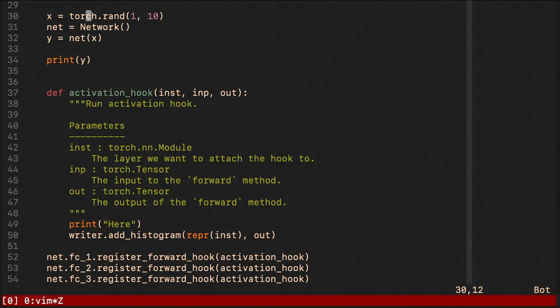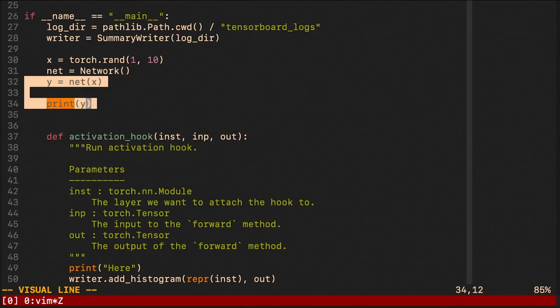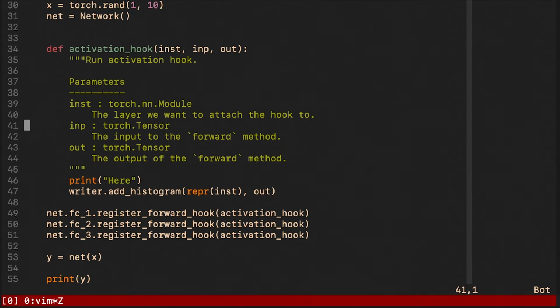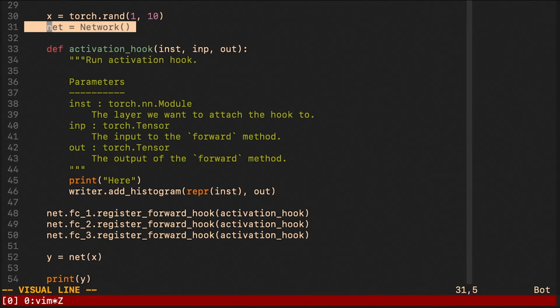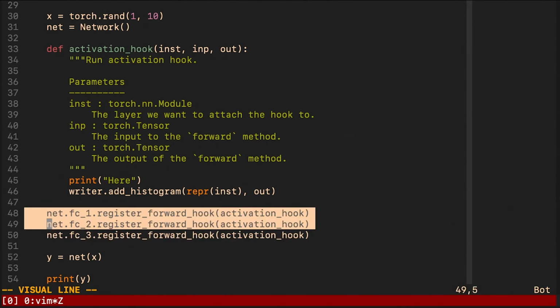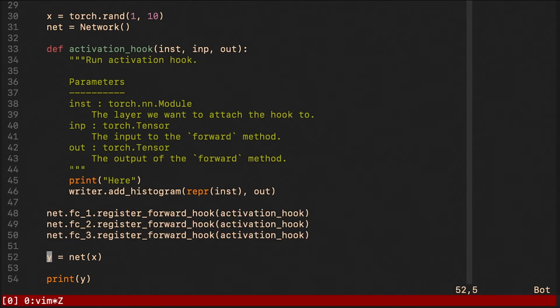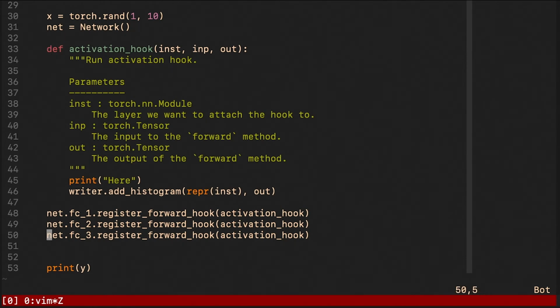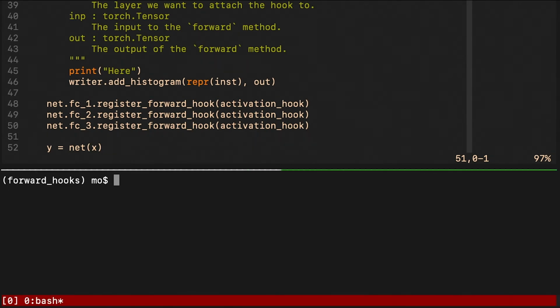We can just do this same thing for all three of the layers. And the last thing here is that we need to move the actual forward pass on the entire network. And the reason for that is that here we instantiate the network, and at this point it has no hooks assigned to it. And here we actually assign the hooks to it. So when we run the forward pass, it's already going to be active. Whereas if we kept it here, it would still have no hooks attached to it. Okay.